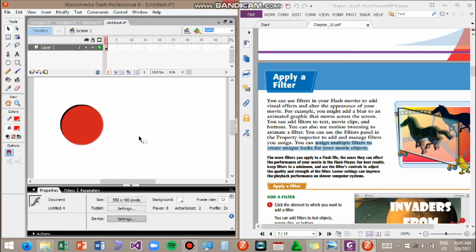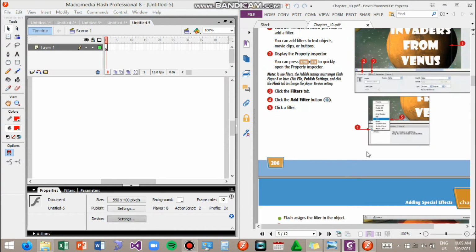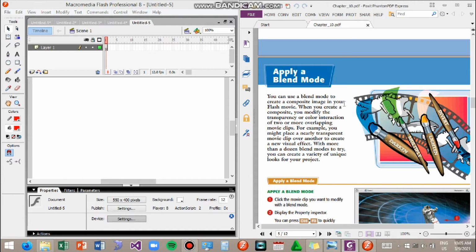Next, let's proceed to applying a blend mode. You can use a blend mode to create a composite image of your Flash movie. When you create a composite, you modify the transparency or color interaction of two or more overlapping clips. For example, you can place a nearly transparent movie clip over another to create a new visual effect.